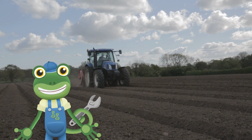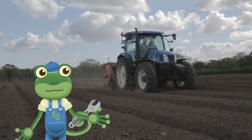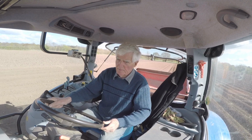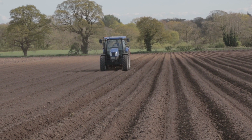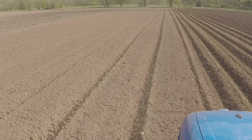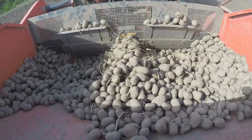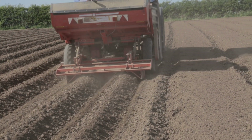In the spring, it's time for the farmers to get into the tractor and plant some seed potatoes. They drive in straight lines, creating these lovely neat rows. Imagine doing all of this planting by hand. It would take ages. But luckily, with the help of a tractor, you can plant a whole field in just